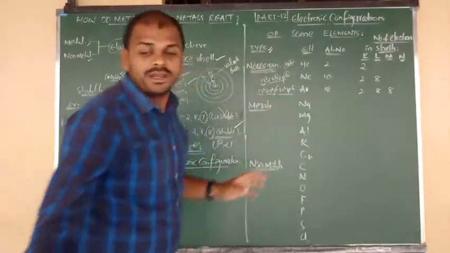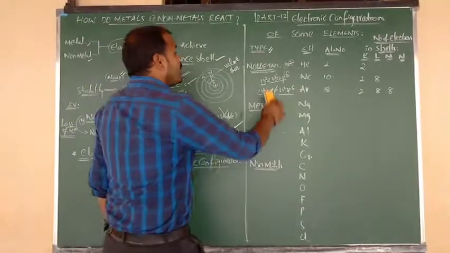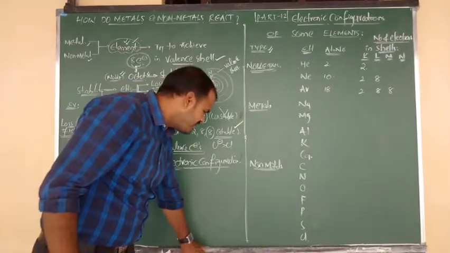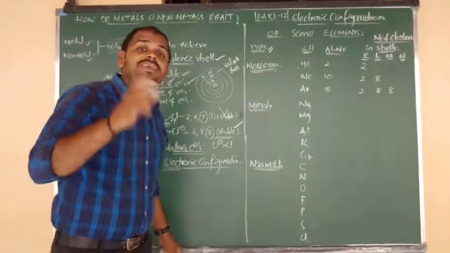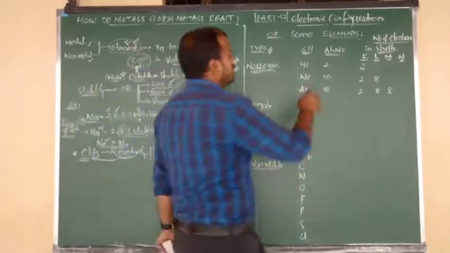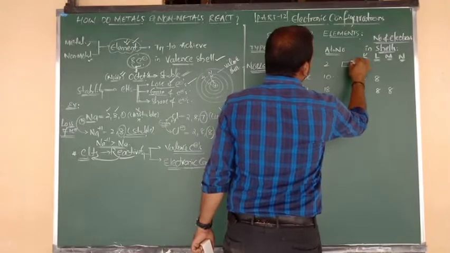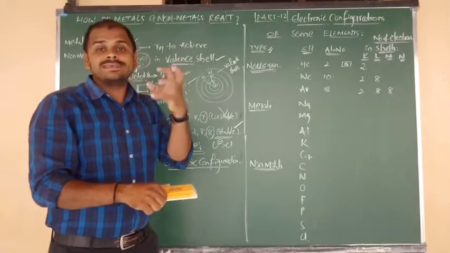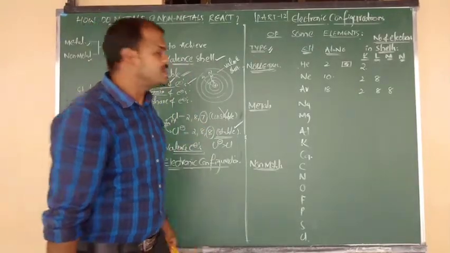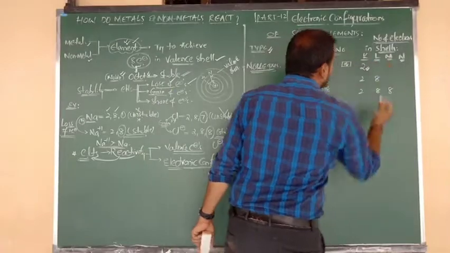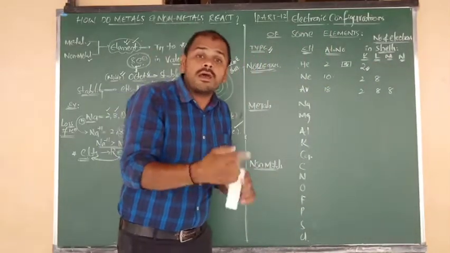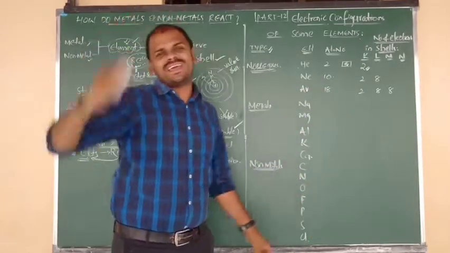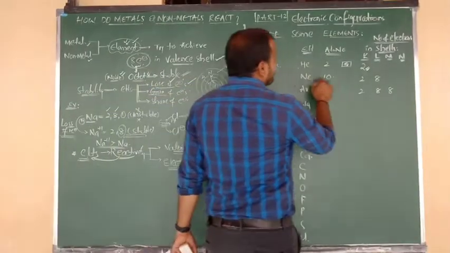Many times I have already told you, noble gases have a stable octet configuration, because in their outermost orbit they have 8 electrons, except helium. Helium contains 2 electrons, which is a symmetrical arrangement of 2 electrons, one spin up and one spin down. It is a stable configuration of the orbital. So that's why helium has more stability due to the presence of 2 electrons. It is neither ready to lose an electron nor ready to gain one. Already it is in a stable condition, I mean a rich condition. Good. The second one is neon.